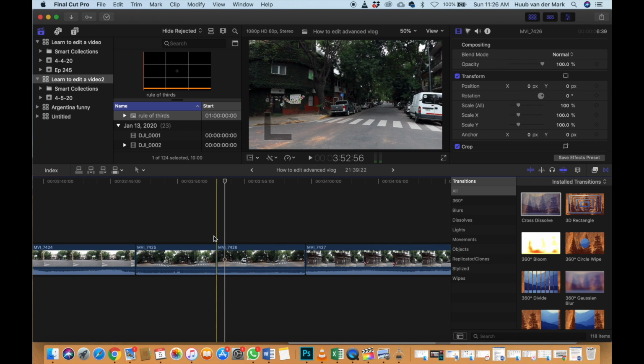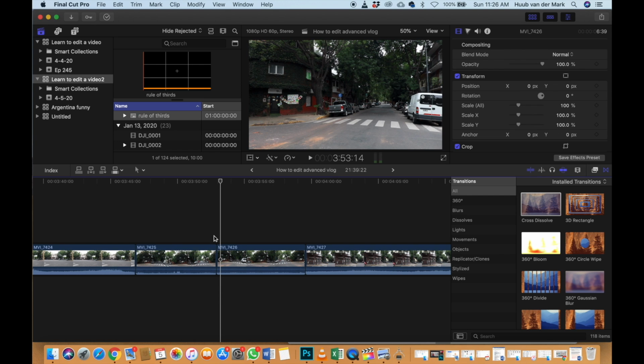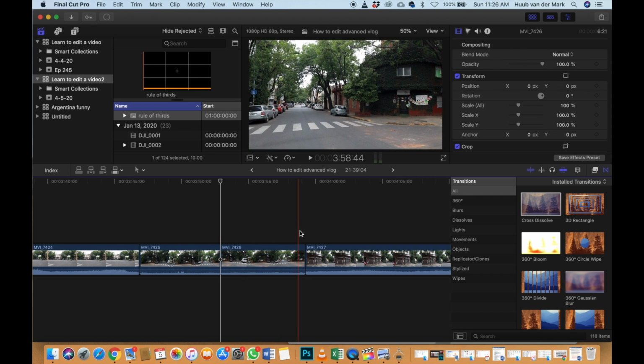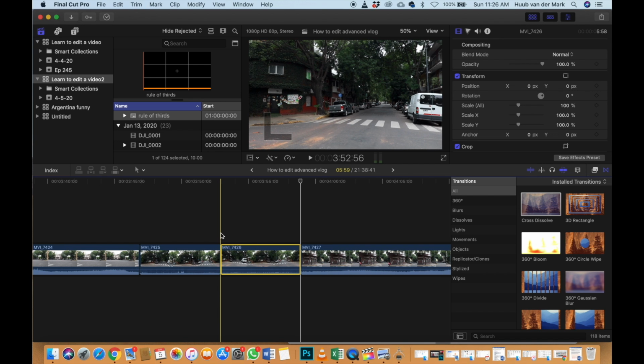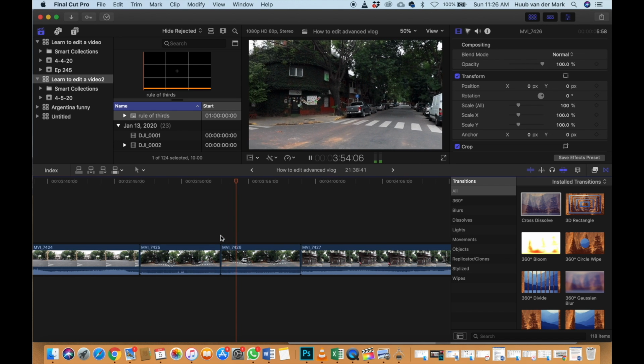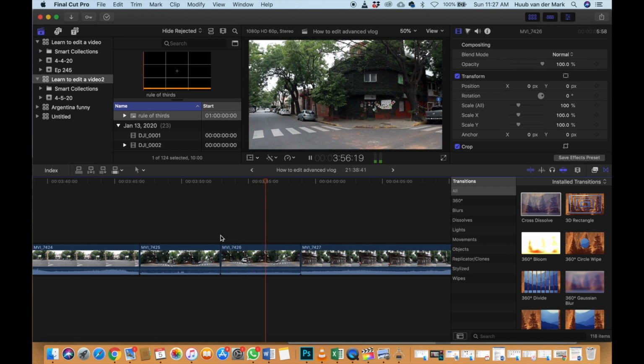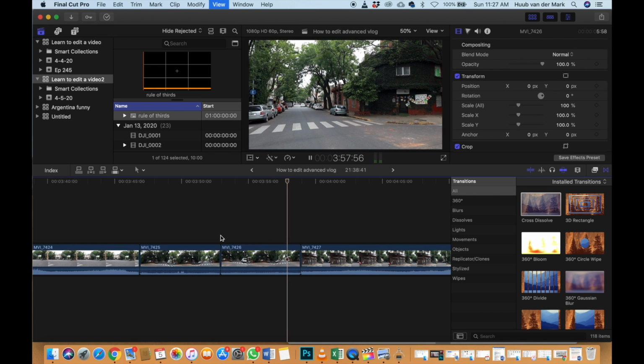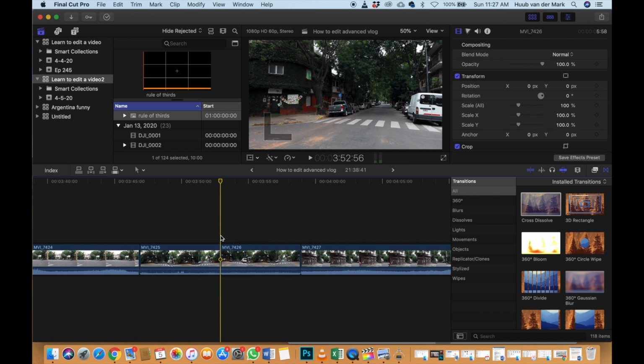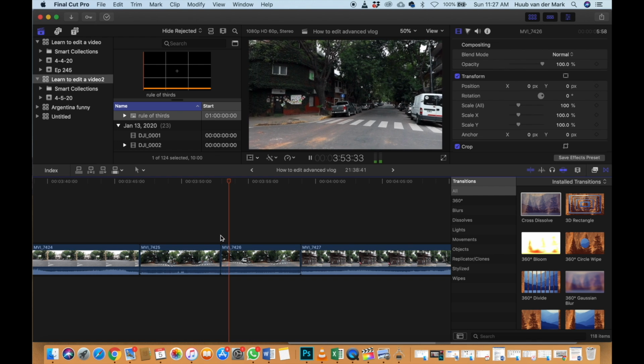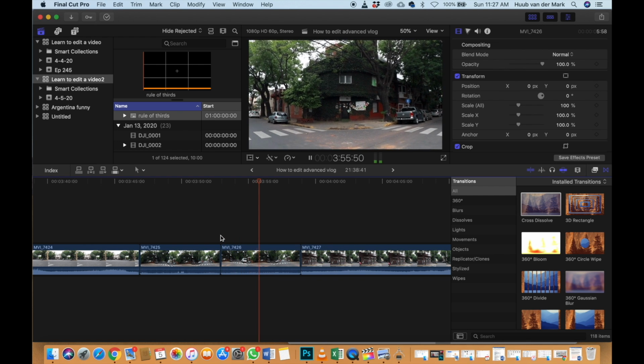In the beginning, I'm cutting the beginning away, and I'm cutting the little end away. I'm doing this because in the beginning I usually press the start button of the camera, and then the camera moves a little bit, and then the end again. So I just take that out, and now you see how choppy it is, how it's not cinematic, right? It's like fast, slow,